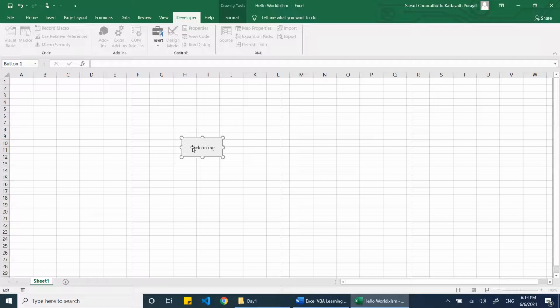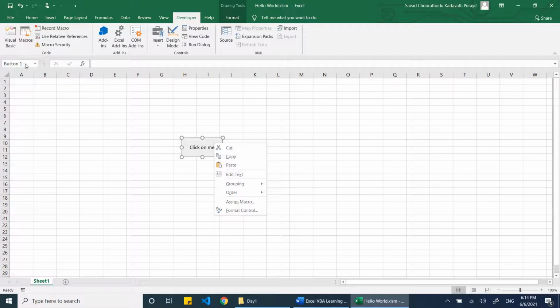I also told you about the name of this button which we have seen in the VBA. Here you can see the name and you can change it if you want. When we have so many buttons for many purposes, it may not be easily identifiable for what purpose each button is created. At that time, we will change the name, like Add New Customer or Delete Existing Customer, etc.